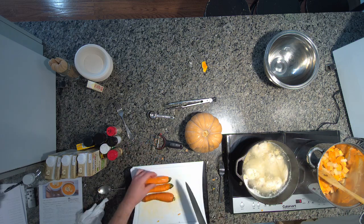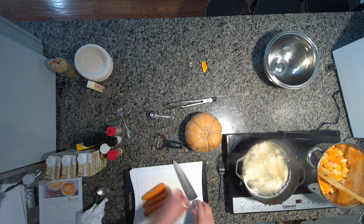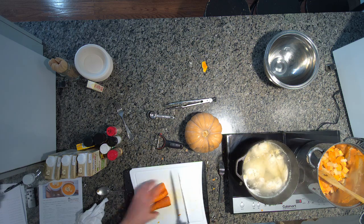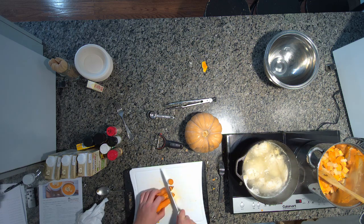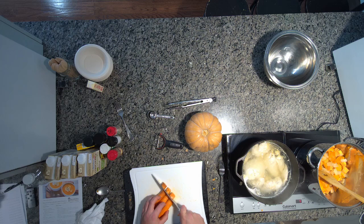I just got these locally. They seem like they were really well cured. And they're honey nuts rather too, which are just naturally a lot sweeter. And I'm adding that sweet potato and some carrots, so I'm not too worried about our sugar content on this one. And I'm using a cheese squash, which is probably the best squash